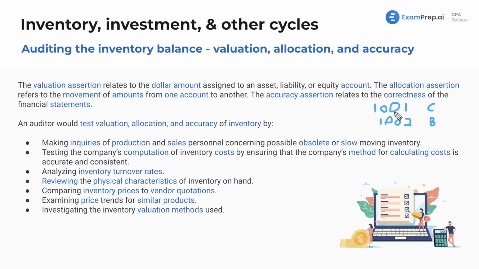Similarly, we've got different accounts for our inventory. This could be unit inventory type C, B, and then A, right? Making sure that we're not commingling or intertwining them. Now, how would we test these